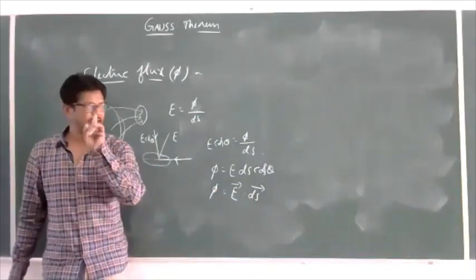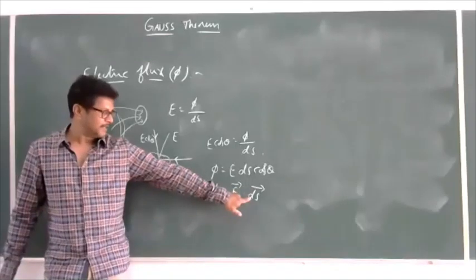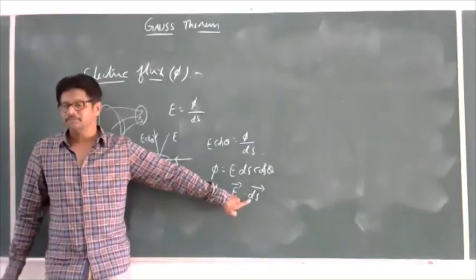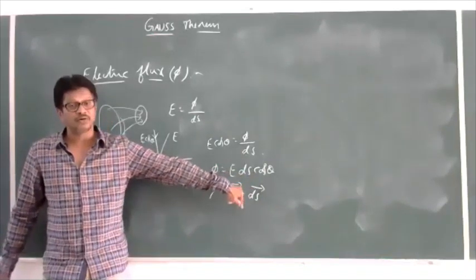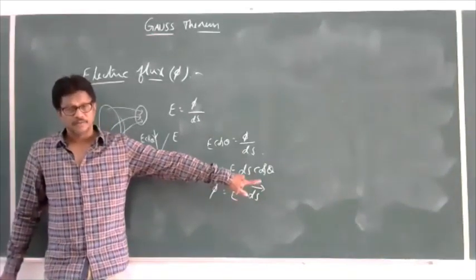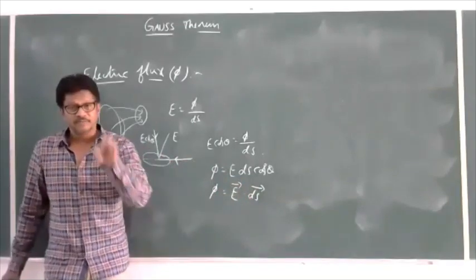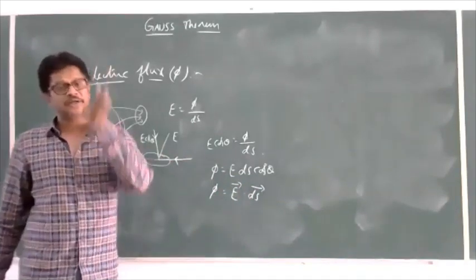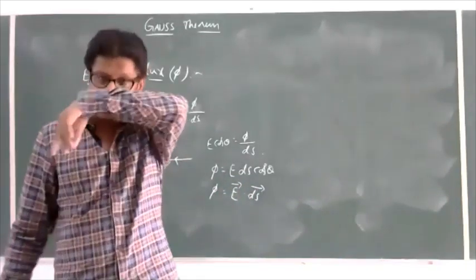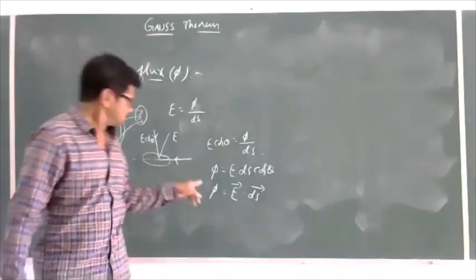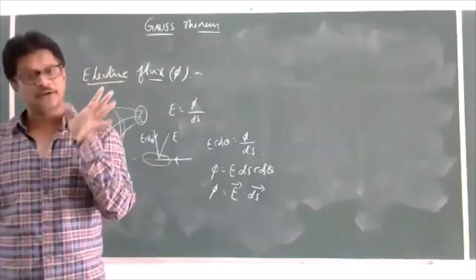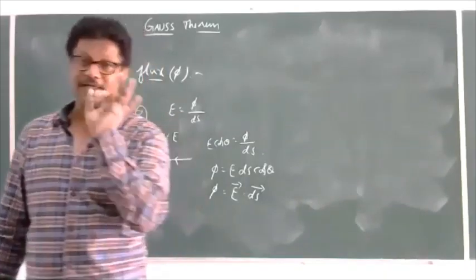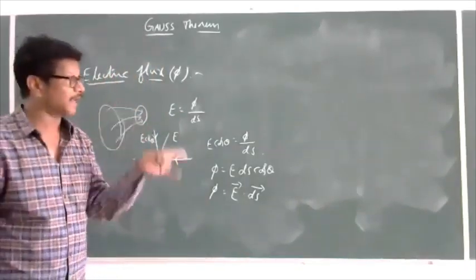If you observe keenly, here ds is nothing but an area. Area I am considering as a vector quantity. But the question arises here: is area a vector quantity or scalar quantity? Basically the area is a scalar quantity. It is not a vector quantity. Area is a scalar quantity. Whereas